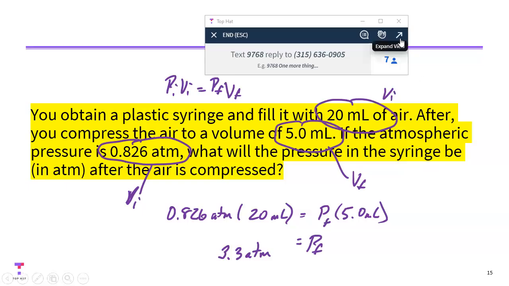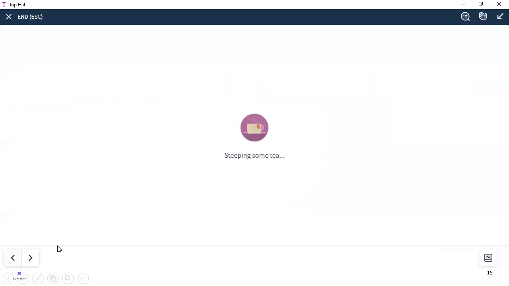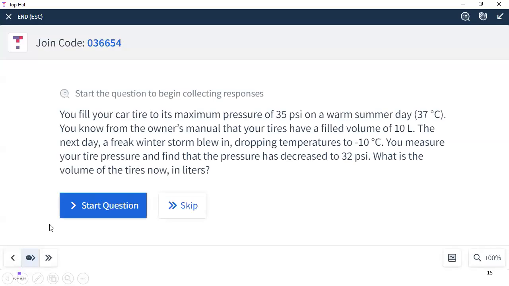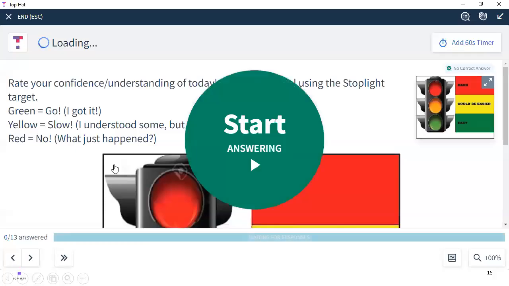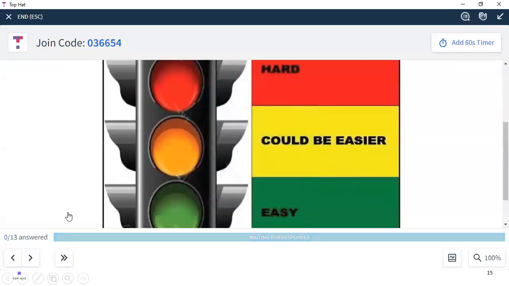All right, any questions with gas laws? Okay, so there are more of these coming, but that is a different question for a different day. When we come back from Thanksgiving break, we're going to talk about some of the more complex gas laws, including ones where we see multiple variables changing at the same time, not just one at a time. And we'll also get into some applications when we get into talking about chemical reactions involving the gas phase as well, which means, yes, stoichiometry is coming back for one last ride.